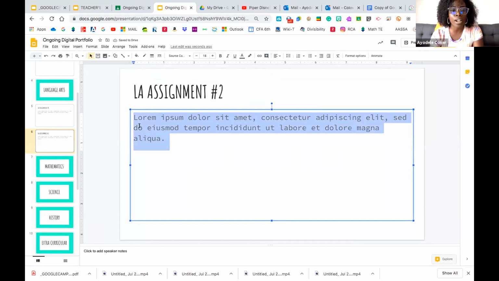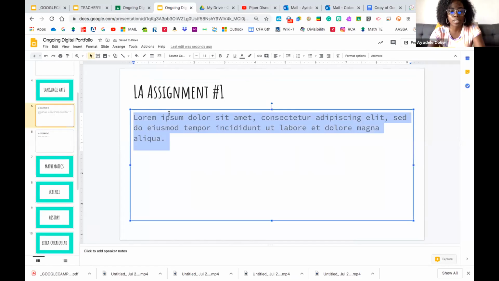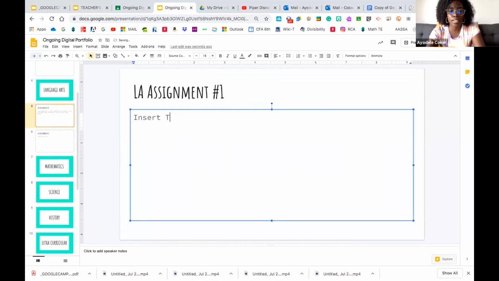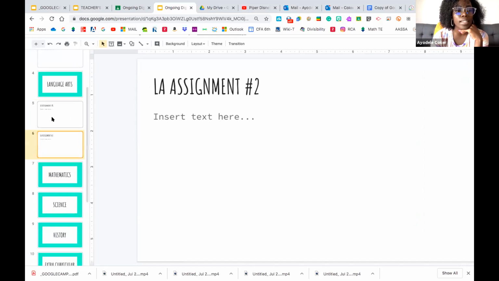And under there, I'm just gonna delete the text underneath it and put insert text here, okay? And do the same thing for the first one. Insert text here. Okay, I'm going to go back to my thumbnails, okay? And I'm going to select both slides by holding the Control or Command button. And now that I like how they're formatted, this is just very basic. The kids are gonna take this to the sky and above.